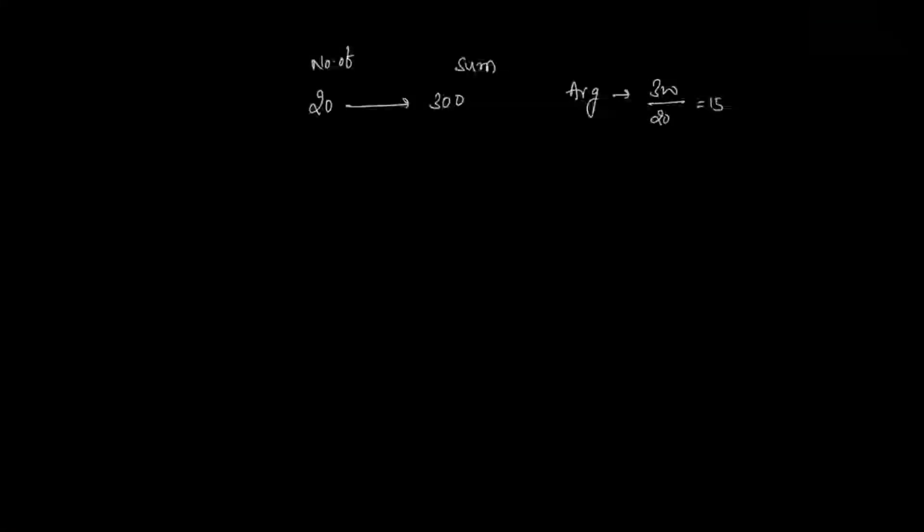Suppose I say the average marks of 30 members of a class is 20. So immediately you should be able to say that the total score of the class is 600. If I say the class average is 20 and the total marks of the class is 500, then you should be able to say the number of members in the class is 500 by 20, which is 25 members.